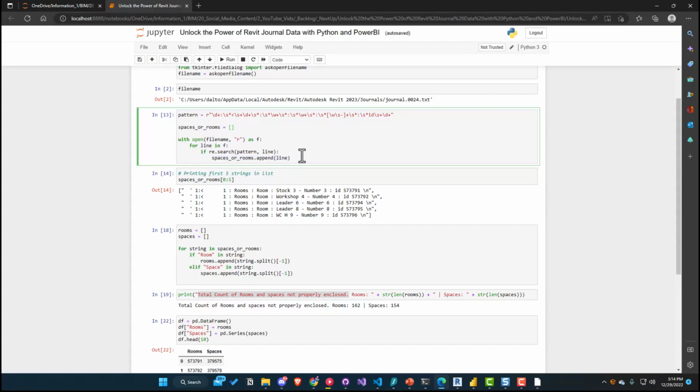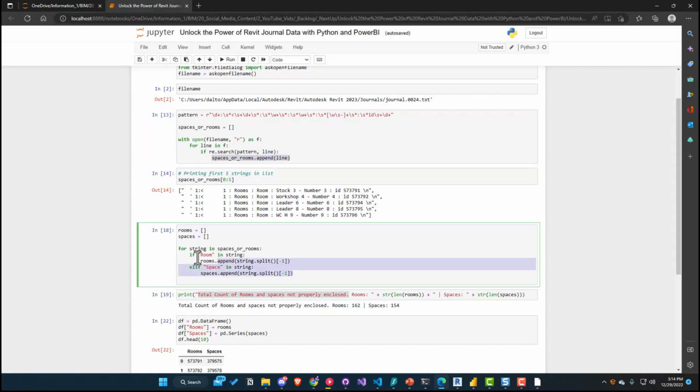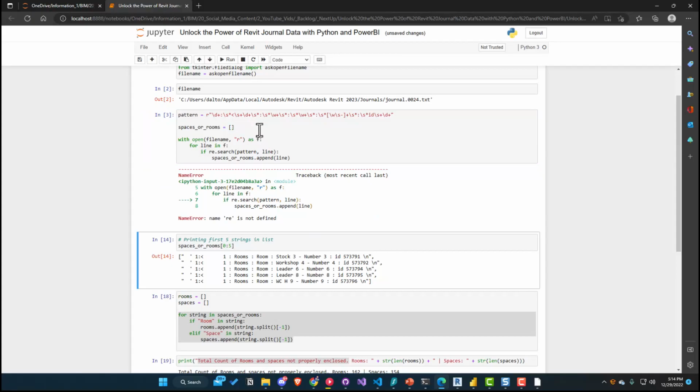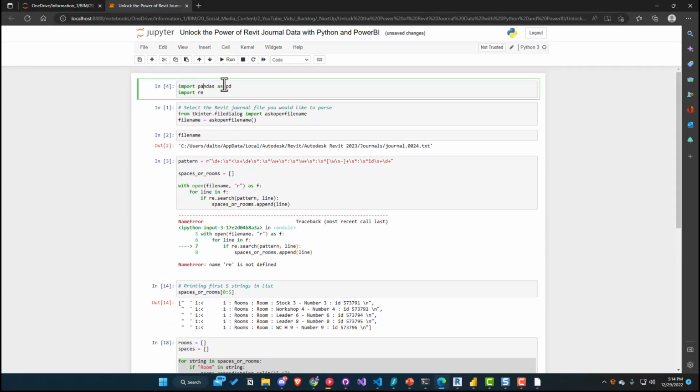Now, what I should have done here is check to see if it was a space or room, because I end up separating those later on down here. And actually, you know what? For the heck of it, or just for fun,